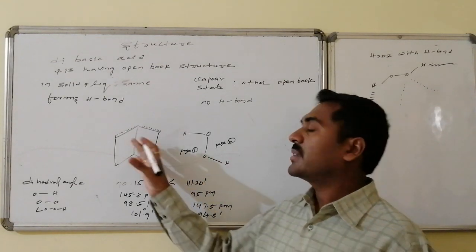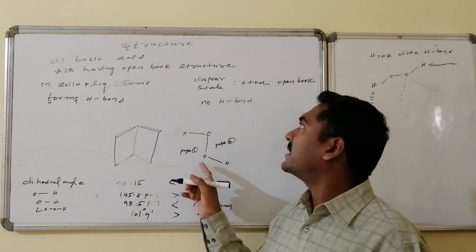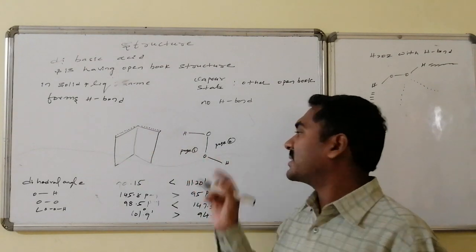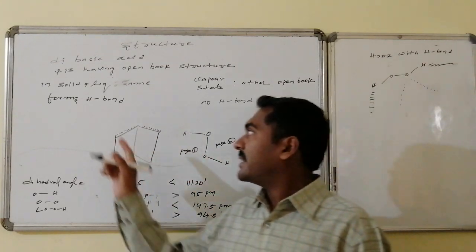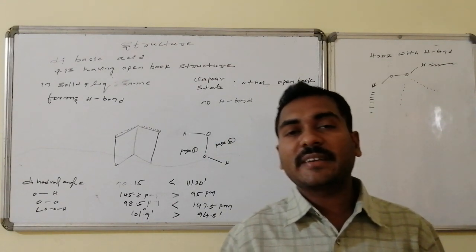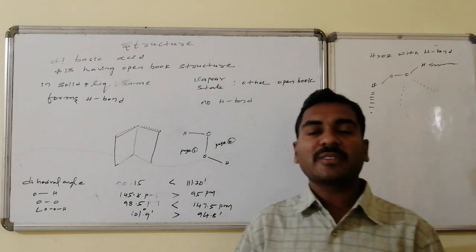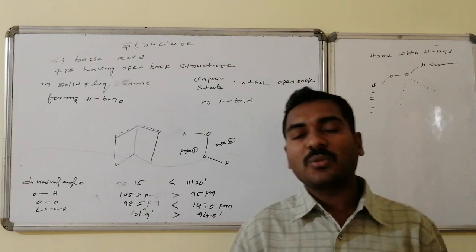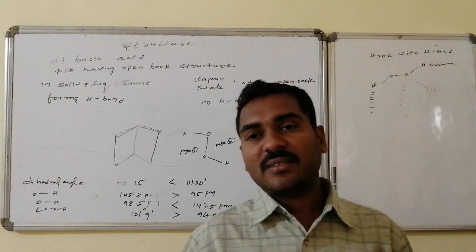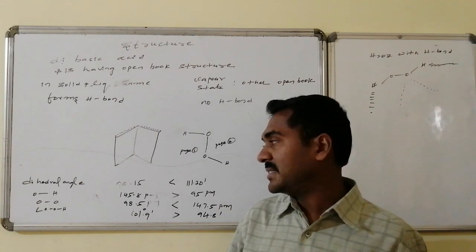A book in the open format, page 1 is there, page 2 is there, and the mid oxygen connectivity is there, and it is connected with OH present in one page and another OH present in another page. Its structure is almost the same in the solid as well as the liquid state, where it can form the hydrogen bond. Whereas in vapor state, independent peroxide molecules are there due to higher energy. No significant attractive forces are present between them. As a result, the structural features change to a certain extent.